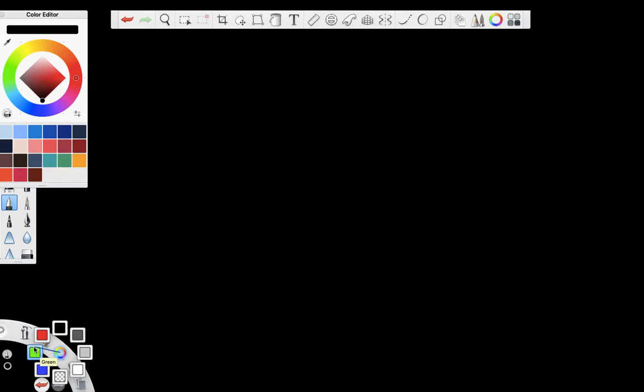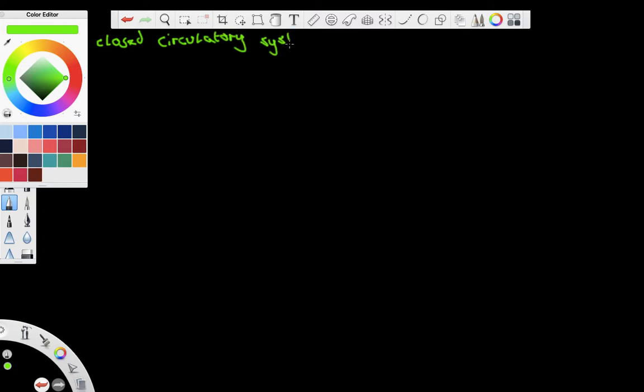Let's go a bit closer to home. Let's look at closed circulatory systems. Now, a closed circulatory system is where blood is pumped via a heart and the transport medium is enclosed in vessels. Okay? So we can say that